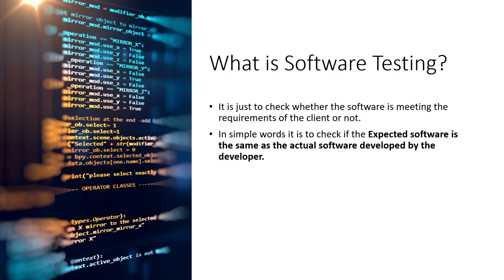So let's understand the actual meaning of software testing first. Guys, I'll explain software testing with a very basic layman example first. Let's imagine that you hired painters to color the walls of your house, and you said, I want the color of the walls to be yellow. Now, when they painted it with blue color, of course, your expected color was yellow and the actual color is blue. So whenever expected and actual are not the same, that's called a defect.